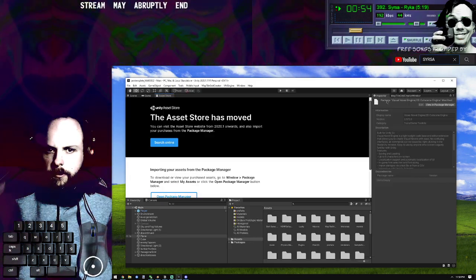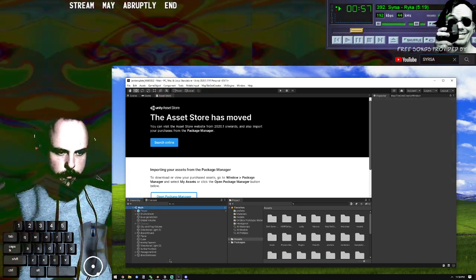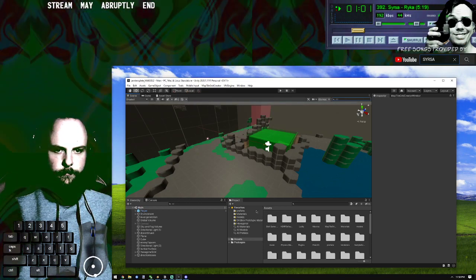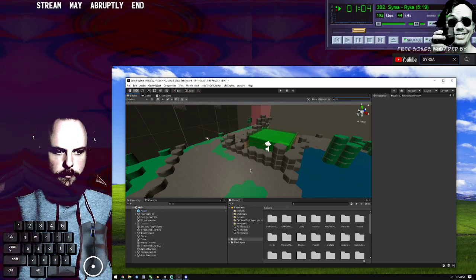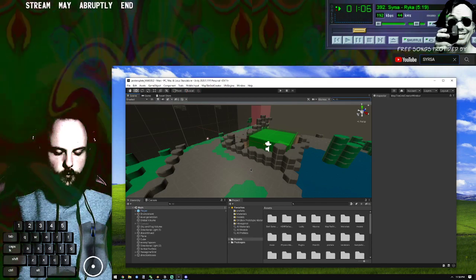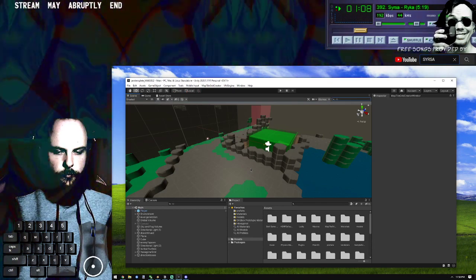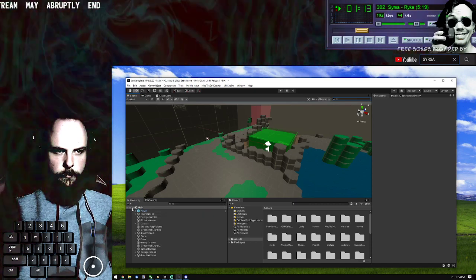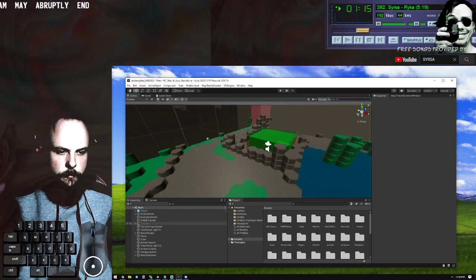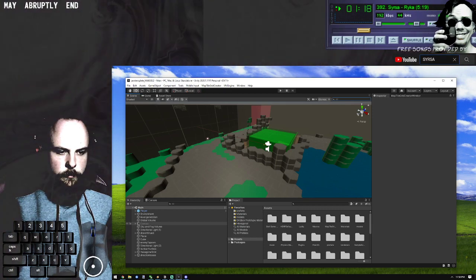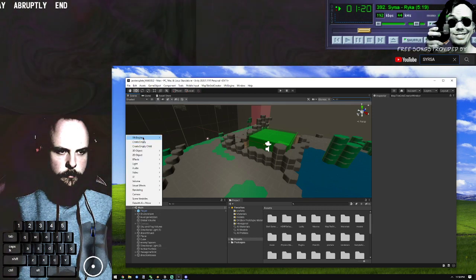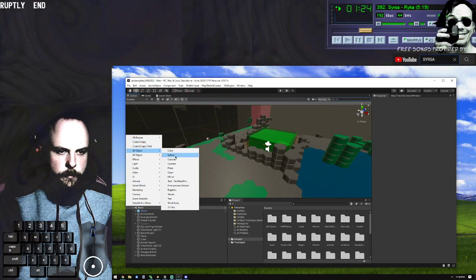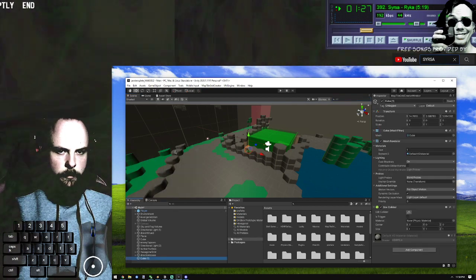Yeah, I imported that. Now, scene. Let us create a 3D object, create a cube.